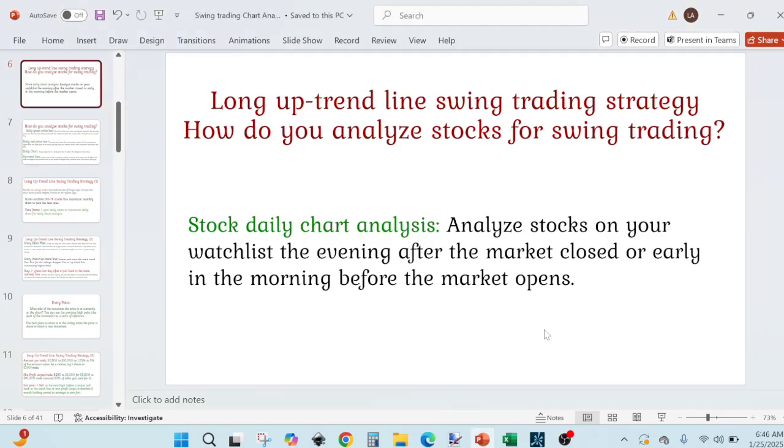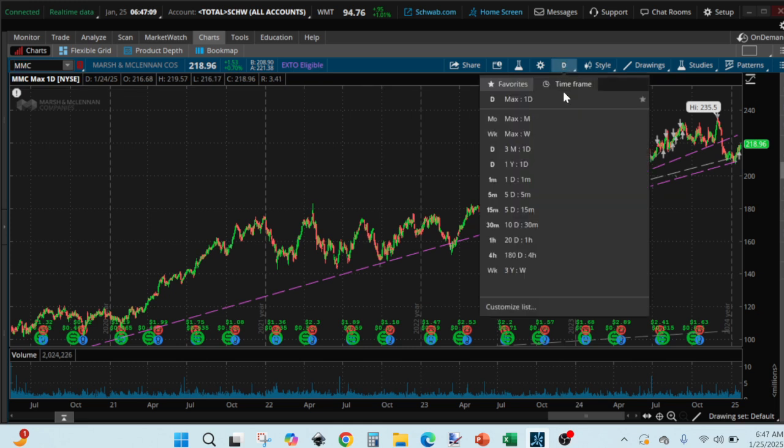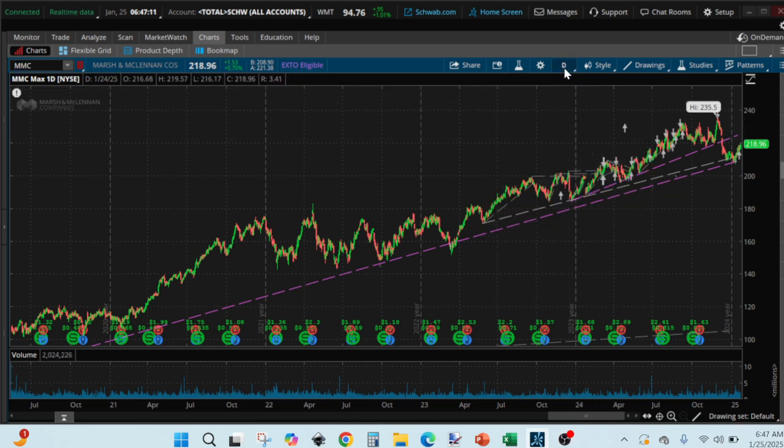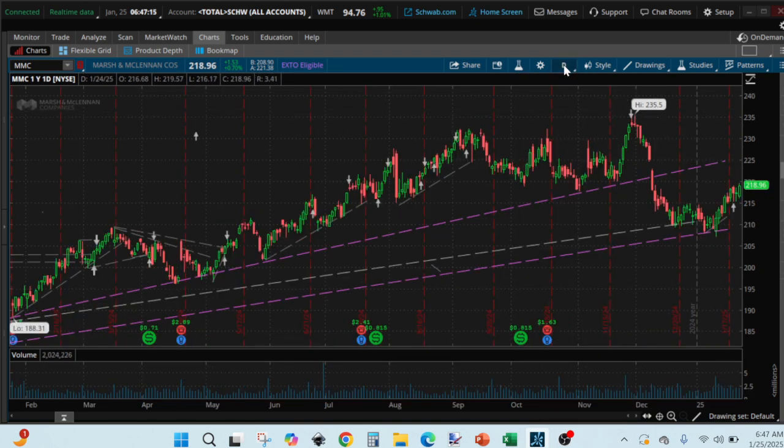Hello, how to analyze stocks for swing trading if you are using the long uptrend line swing trading strategy. It's good to use the daily chart if you are swing trading, or at least I like to use the daily chart, and you can use the maximum daily chart or the 1 year daily chart. But we are going to use the maximum daily chart